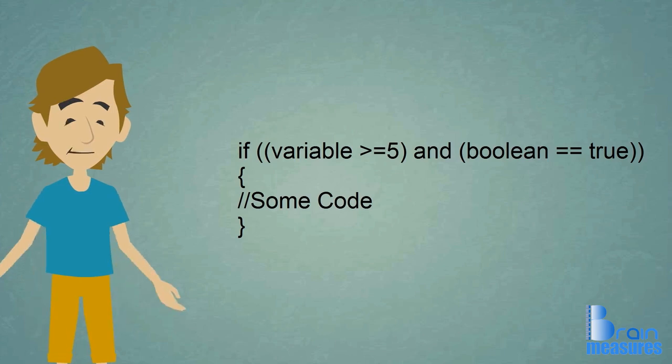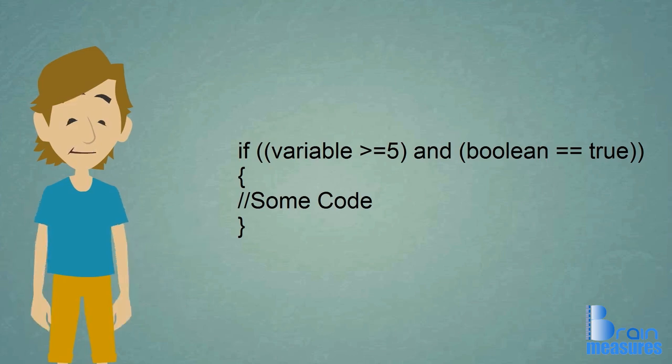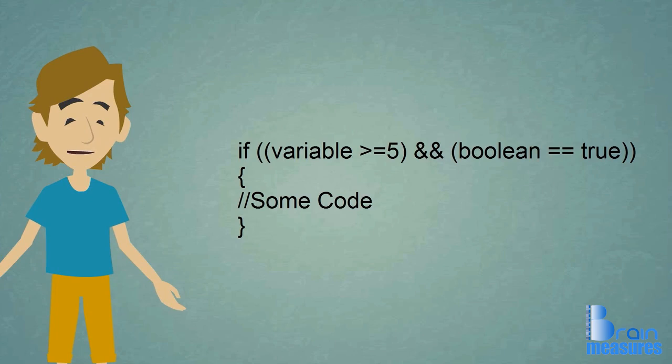So that was pretty painless, right? All we have to do is put the word and between two variables and all of a sudden we can compare two conditions. Sometimes you might see two ampersands instead of the word and depending on the coding language you're